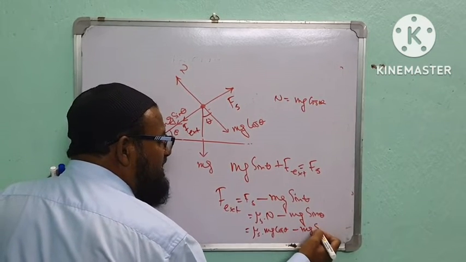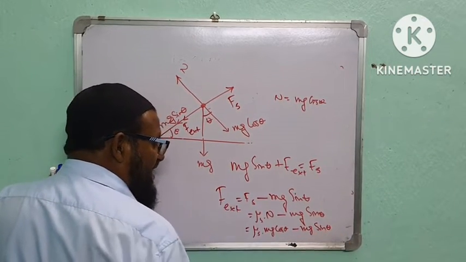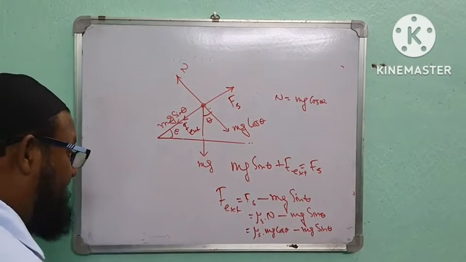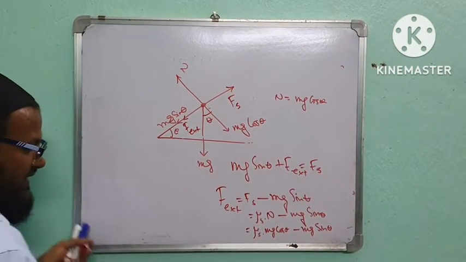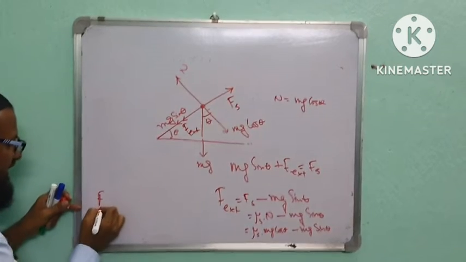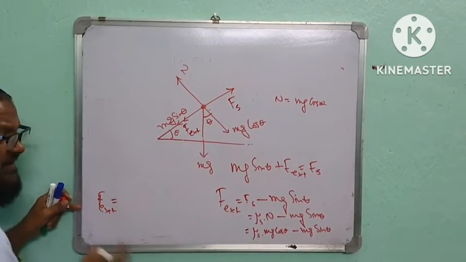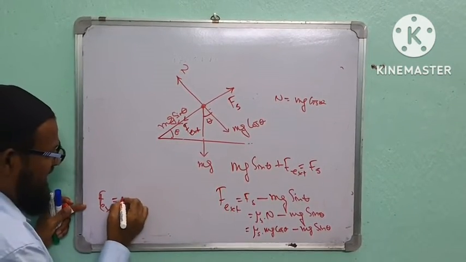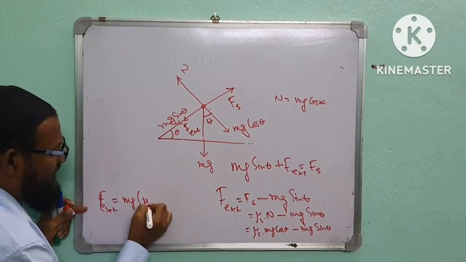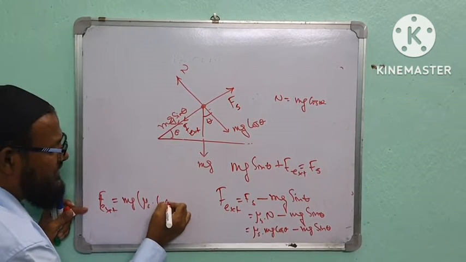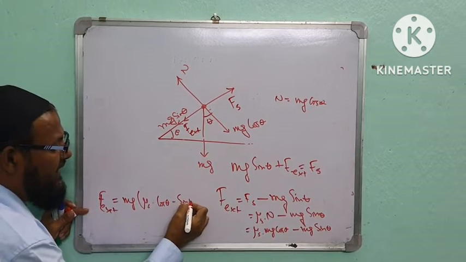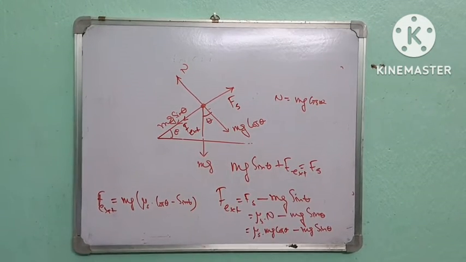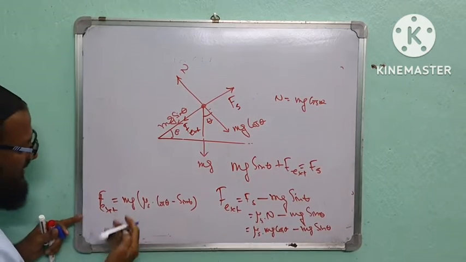ক্লিয়ার? এইবারে fs থেকে এখানটাতে এক্সটার্নাল বার করতে হবে। তো এখানে f এক্সটার্নাল ইকুয়াল টু, এখান থেকে mg কমন যাবে, তাহলে থাকবে mu s cos theta মাইনাস sin theta। তাহলে এটা প্রবলেম দেখুন, সাপোজ আমি প্রবলেম এরকম।